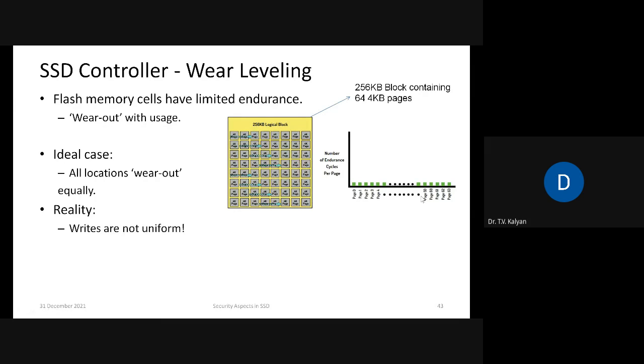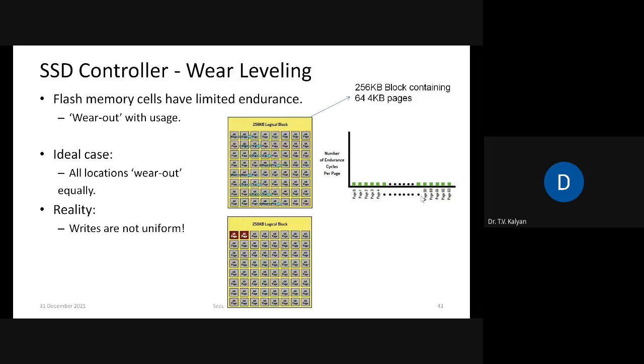But in reality, because of the application's nature, it can be the case that a couple of pages experience a lot more erasures or writes when compared to others. What eventually would happen is that page 0 and page 1 would die out when compared to the remaining 62 pages. Right? So to avoid this, the SSD controller